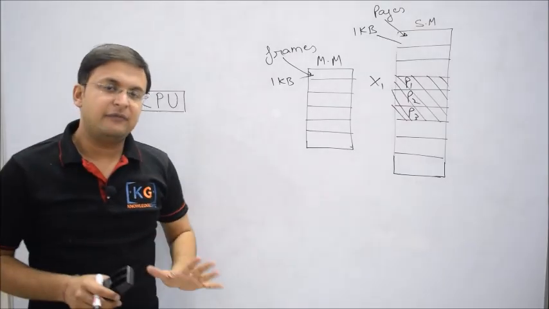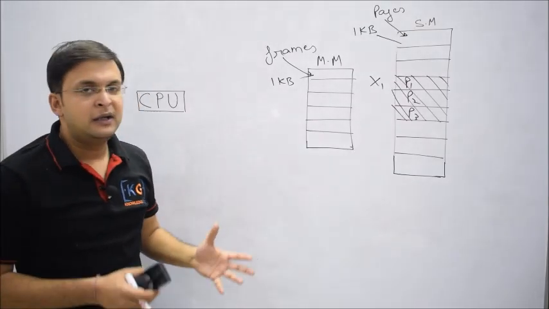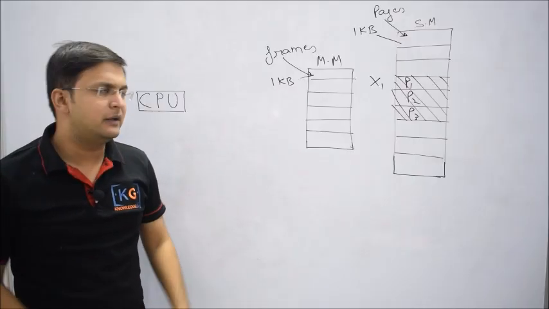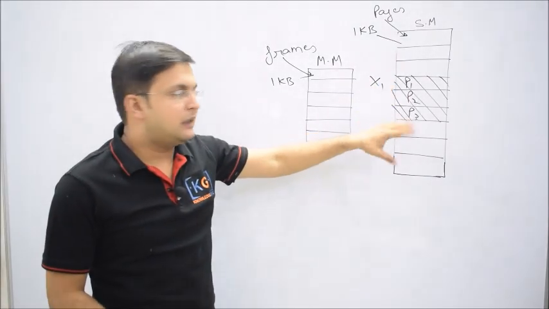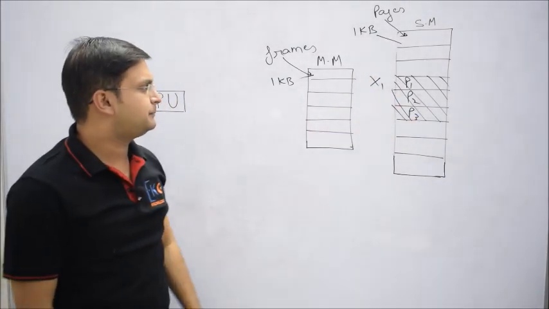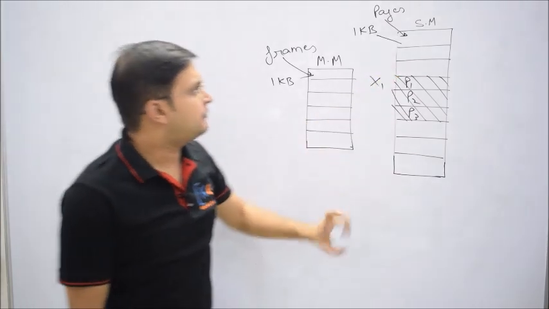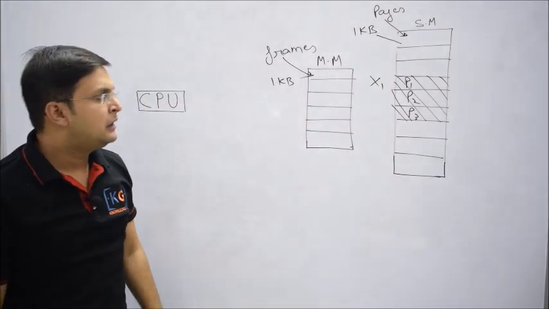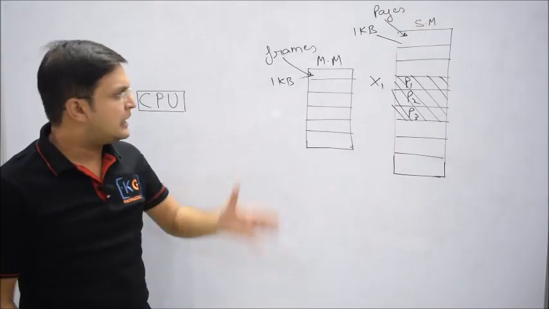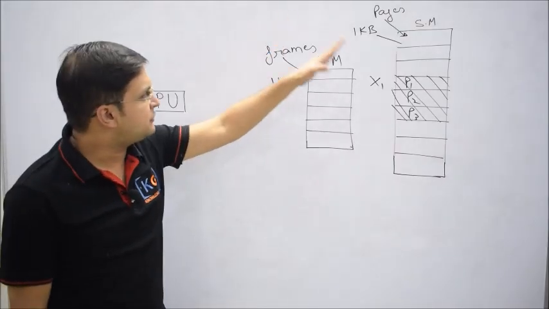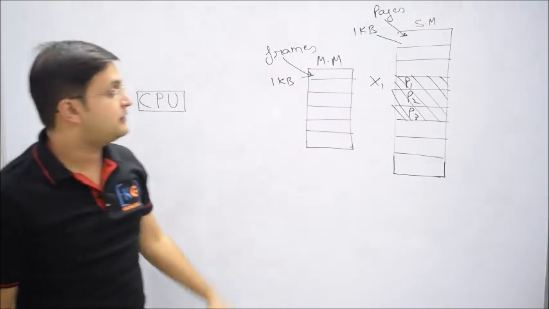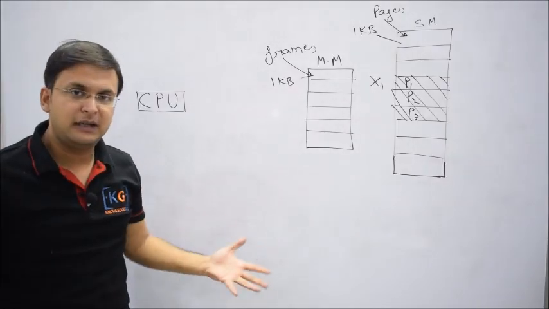When we discuss file allocation policy, we will understand it could be contiguous, non-contiguous, or even index allocation, which is very popular nowadays. So right now I am just imagining that these are contiguous, but actually it is also not required. Now you see, if there's a process which requires 3 pages in secondary memory, the question is, how many frames will it require in main memory? Answer is same, again 3 frames. Why? Because the size of page and the size of frames both are same.